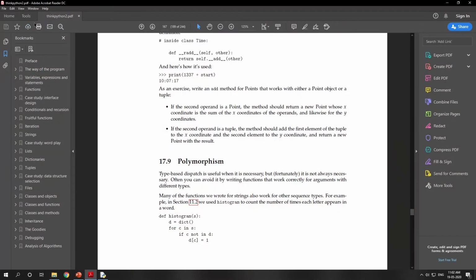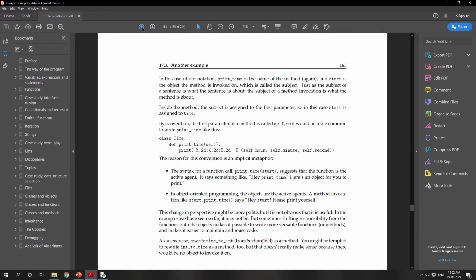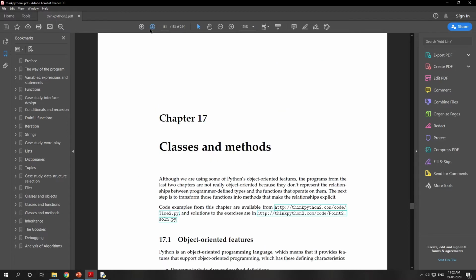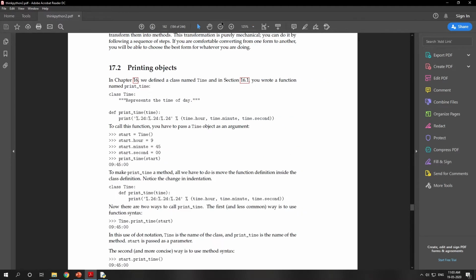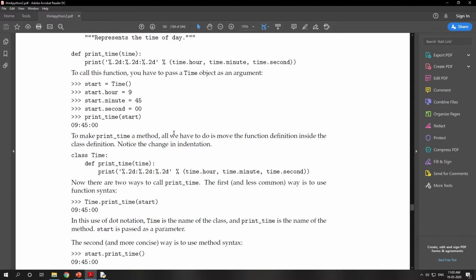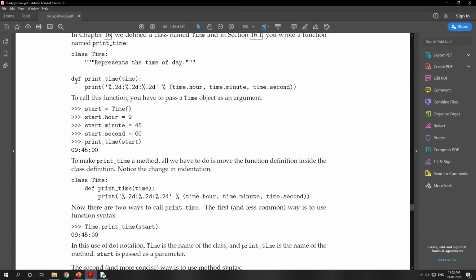What is this start? Here we are declaring start, which is an object of the Time class, and it has hour 9, minute 45 and second 0.